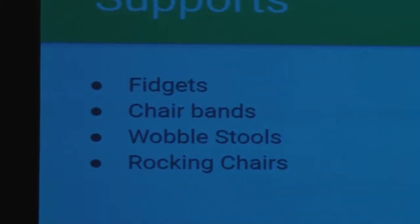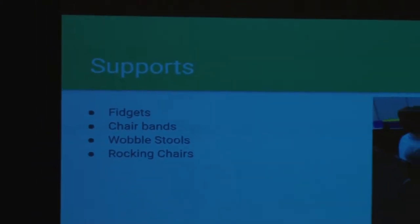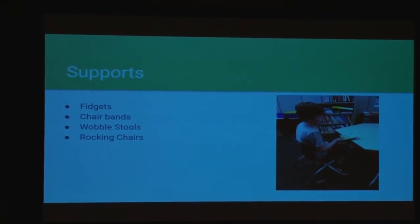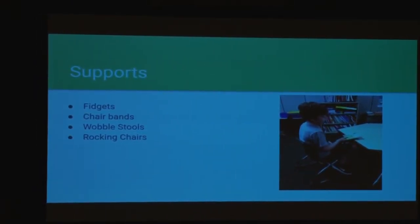One of the things we took a really good look at this year was all of these things that we were using in the emotional and autistic support classroom, and we started thinking, well, hey, these are really simple supports that we could put in place and add them as a Tier 2 intervention for kids who don't have an IEP or aren't in this room. So we were looking at things like fidgets, chair bands, wobble stools, rocking chairs. So we actually started adding those to our